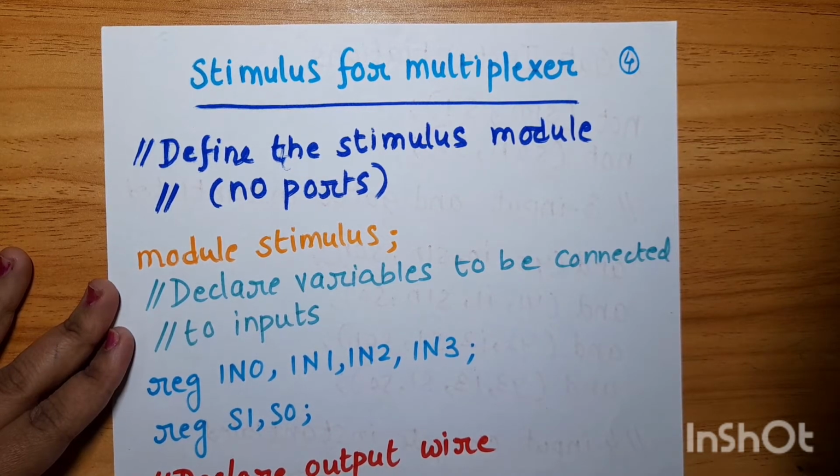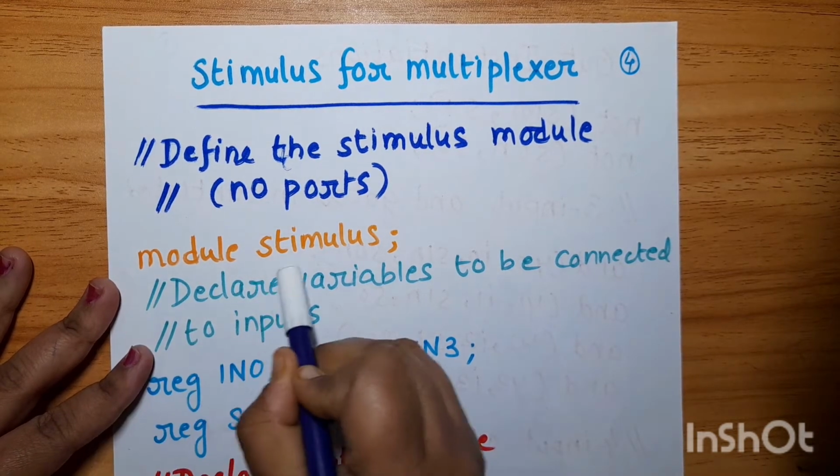And I am checking whether the output coming is correct as per the design circuit or not. So I am sending the stimulus. I am providing the input values to it at different points of time, and checking what the output would be. Whether they are coming as per the circuit or not, we need to check that. And for that we have the module stimulus.